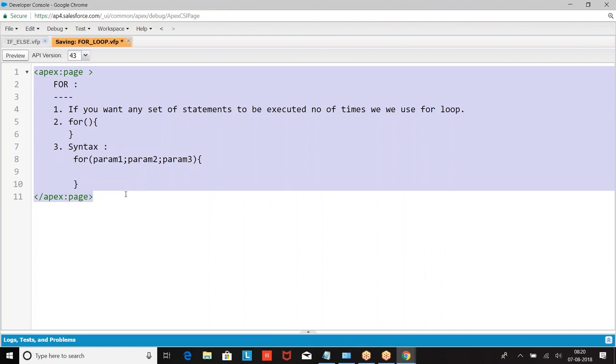From which number are you starting the count? Maybe 1 or 5 or 10 or 20.